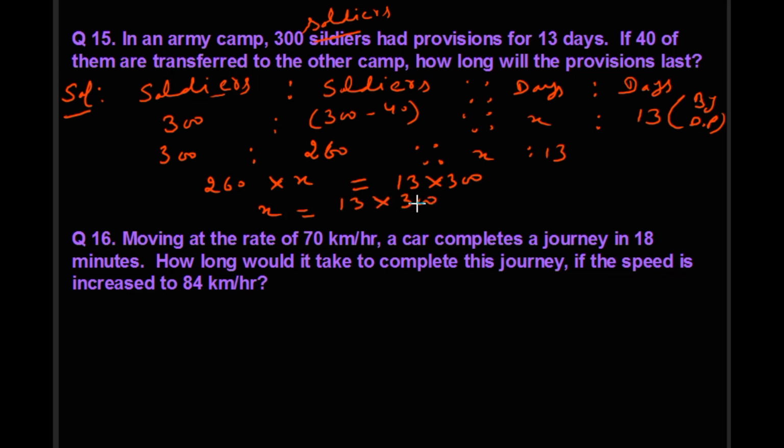So x is 13 into 300 upon 260. Zero got cancelled with zero. 13 1s are 13, 2 6s are 12... so 15 days. So here you can judge from the answer that there were 300 soldiers,